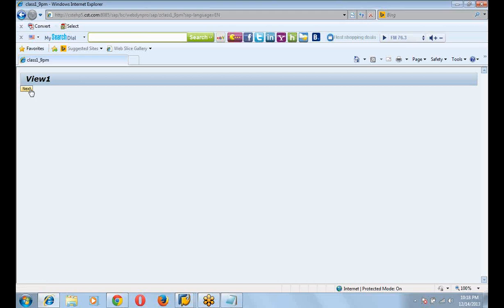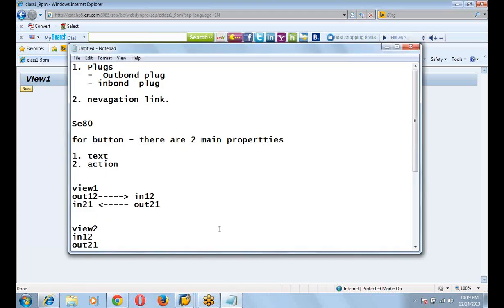For today's class we learned navigation, outbound plug, inbound plug, and navigation link for moving from one view to another view. Let's recap the class briefly.